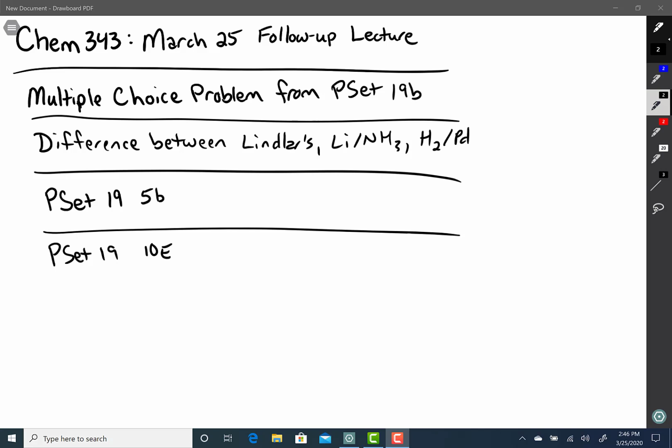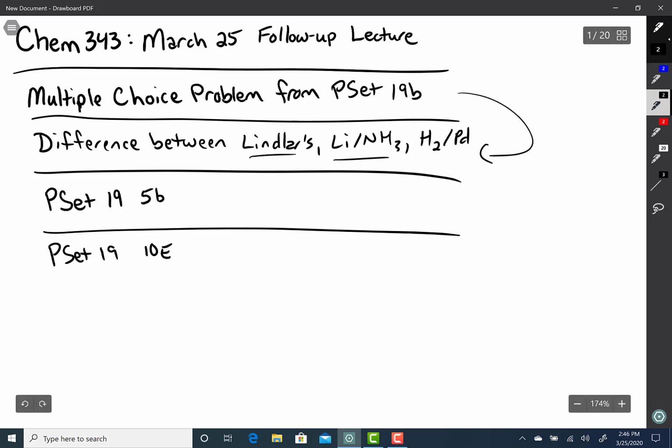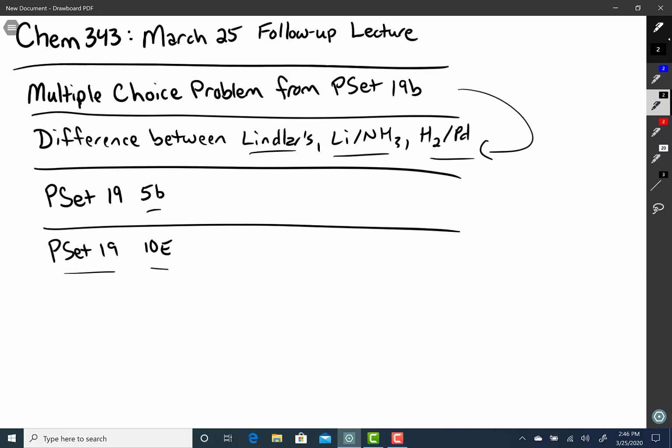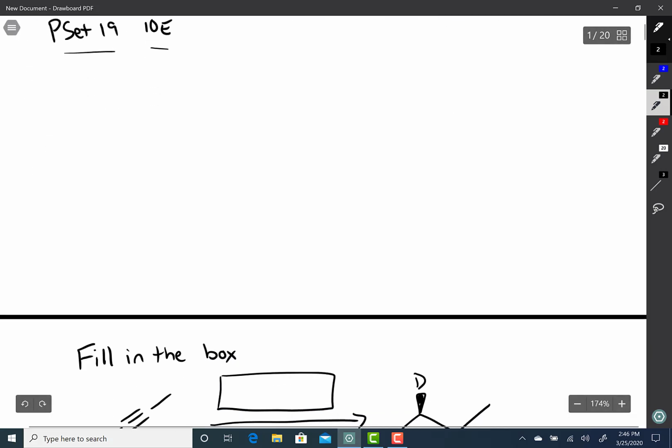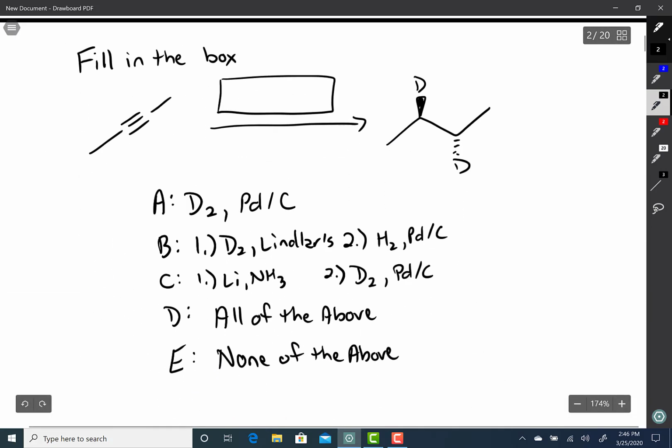What I'm going to do is go over the multiple choice problem from problem set 19b. This essentially is going to cover the difference between Lindlar's, lithium and ammonia, and H2 and palladium. Then I'm going to talk about problem set 19, problem 5b, and then problem set 19, problem 10e. So, starting out with the multiple choice problem,